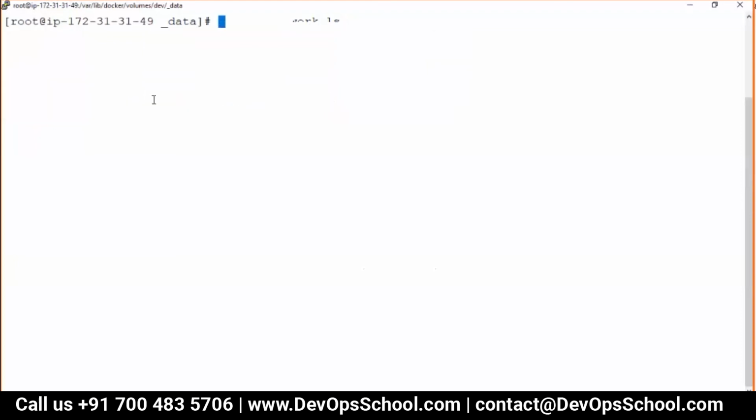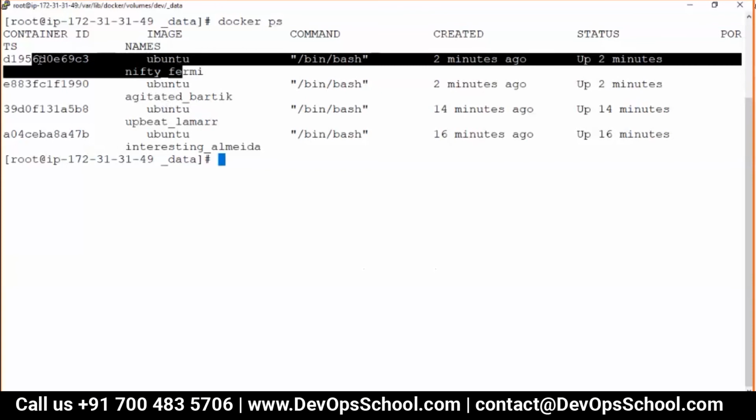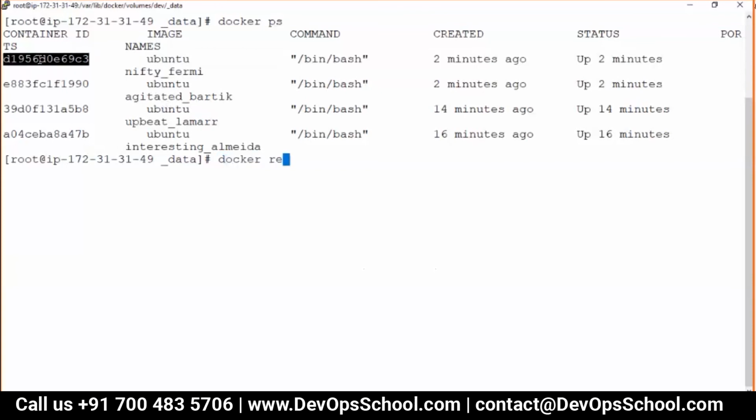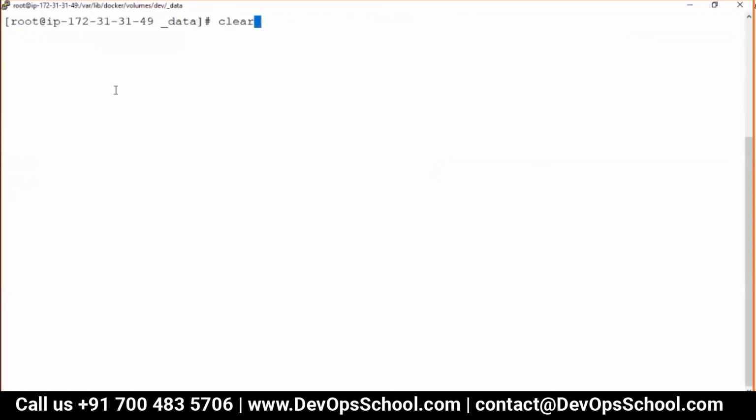So right now I am running docker ps. This container is dev, this container is QA. I should not get confused, so I am going to rename this one to QA and this one to dev. That way I will not get confused. Okay, dev. So guys, I think I named it properly.